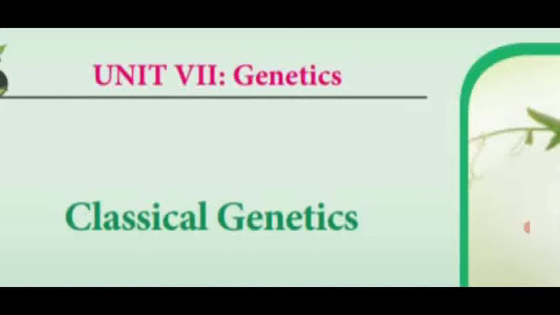That is the monohybrid cross. In that monohybrid cross, Mendel chose only one character, that is a single character. That's why it is named monohybrid cross. 2 mark question: What is monohybrid cross? Monohybrid cross is the inheritance of a single character. Mono means single. Mendel chose only one character, and that cross is named monohybrid cross. Particularly he chose plant height, that is tall plant and dwarf plant.